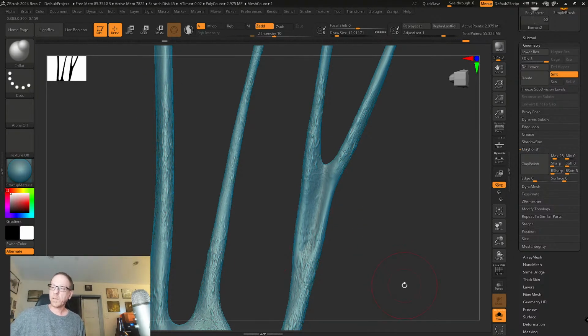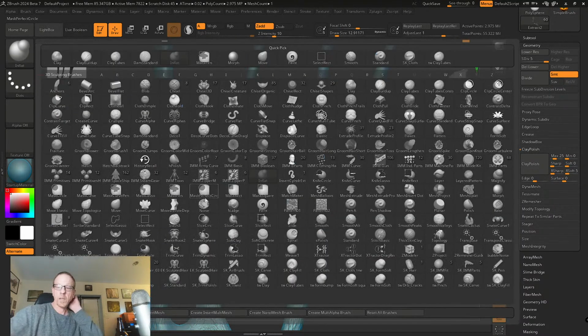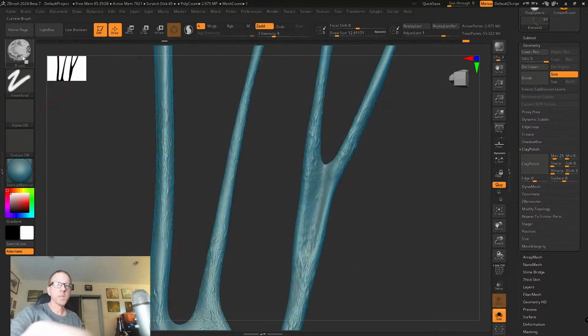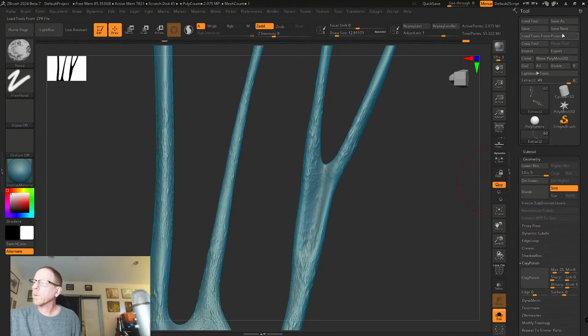So I'm going to clear the mask, Control Drag to clear the mask, and take a look at this noise brush right here. So let's save real quick. Save next. I'll just demonstrate this in another surface. I'll do a quick,